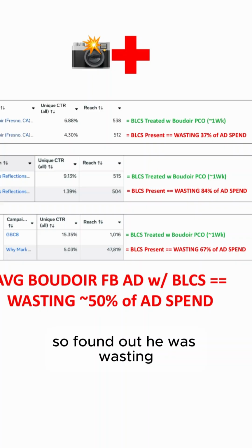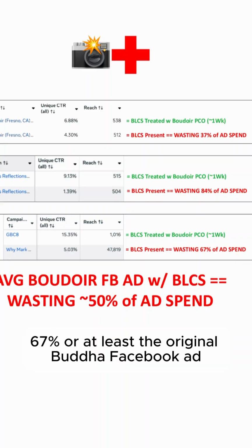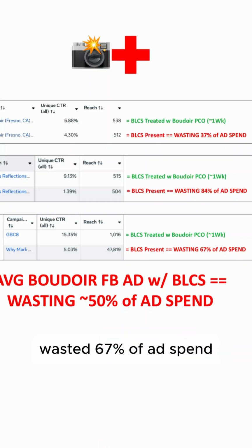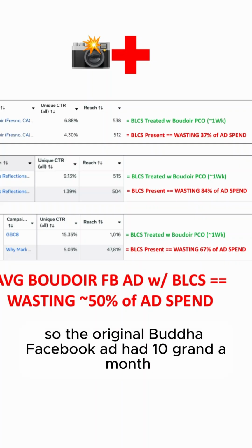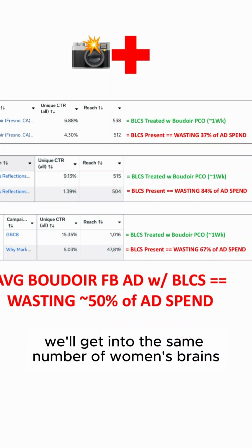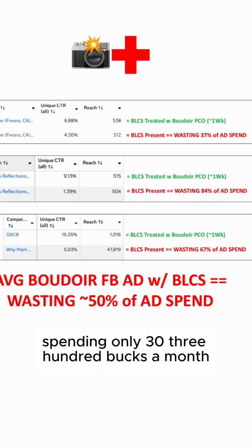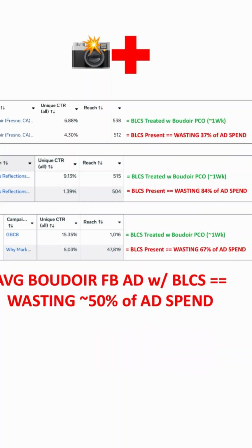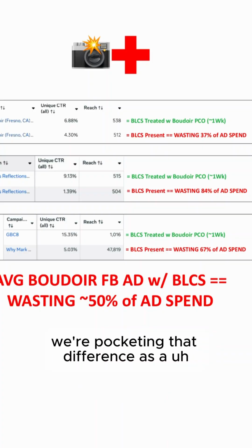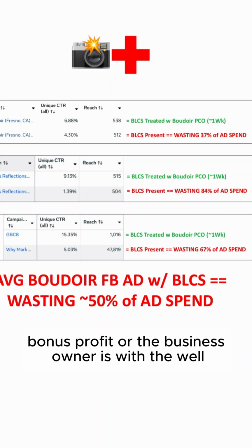So I found out the original boudoir Facebook ad was wasting 67% of ad spend. The original boudoir Facebook ad had 10 grand a month to get in front of the same number of women's brains as the Boudoir Pico treated ad, which spent only $3,300 a month. That whole difference, the boudoir photographer, the business owner, is pocketing